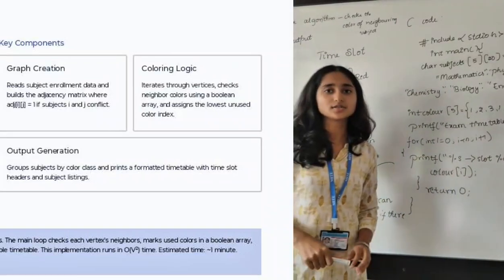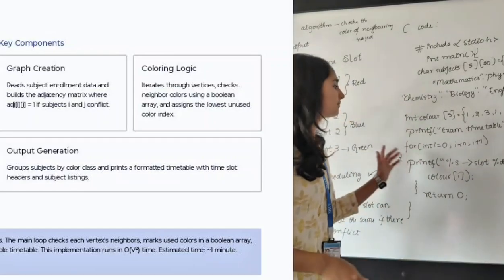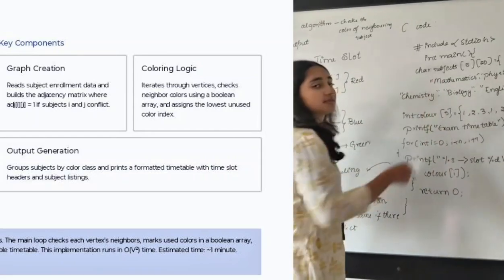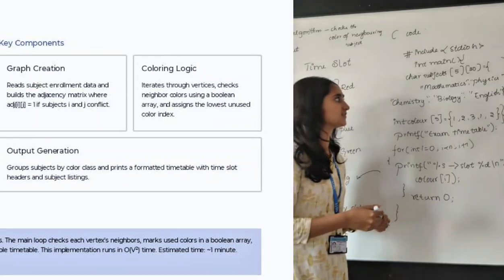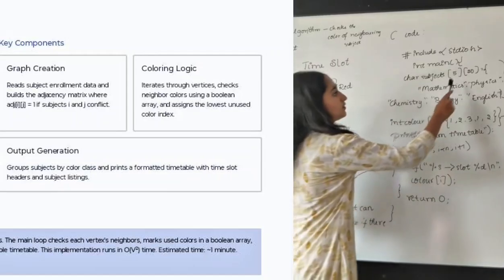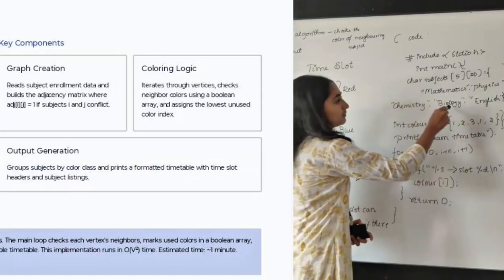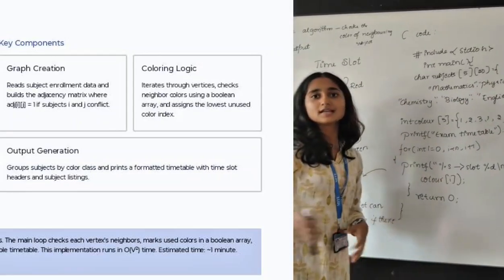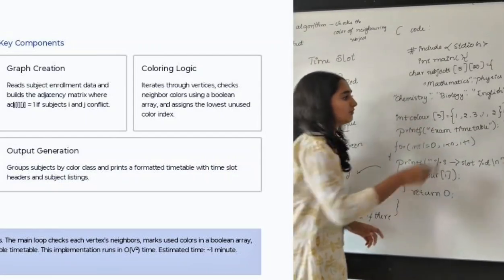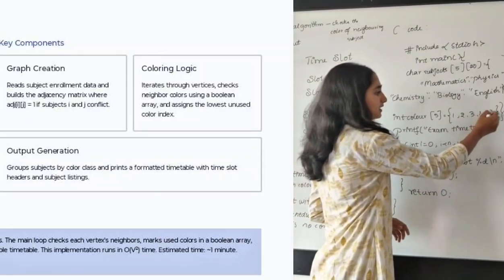The hash include stdio.h is a standard library header where input and output are handled, and with it we can print statements like exam timetable. The printf function is used, and int main is the main function where program execution starts. Here I have declared an array of 5 subjects with up to 20 characters each. The subjects are Mathematics, Physics, Chemistry, Biology stored in the form of an array. Each slot is also stored in the form of an array: 1, 2, 3, up to a maximum of only 3 slots, and again we have repeated 1 and 2.